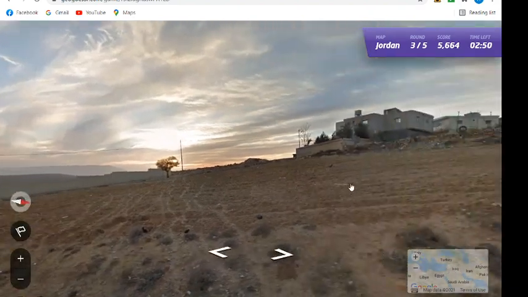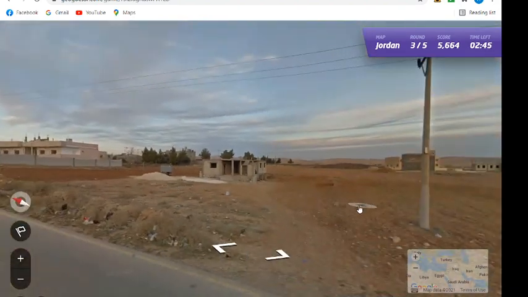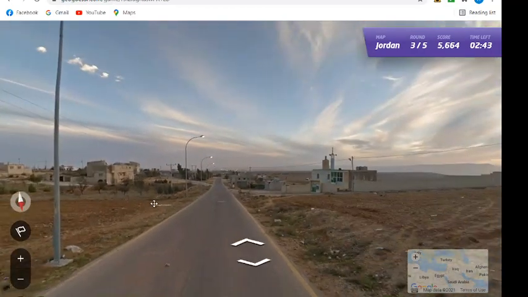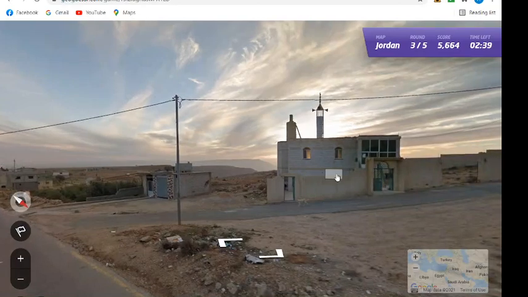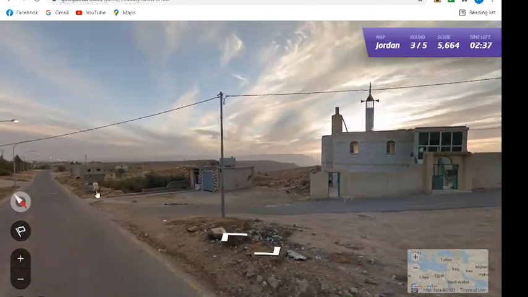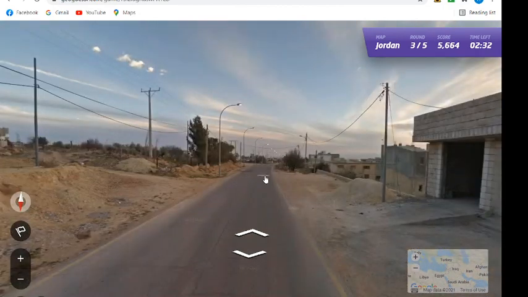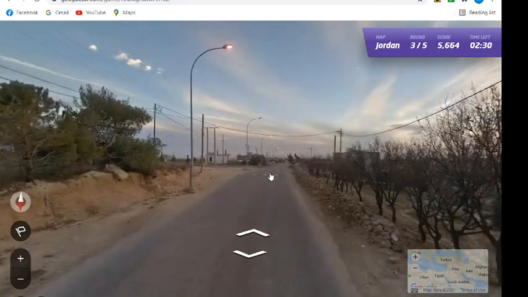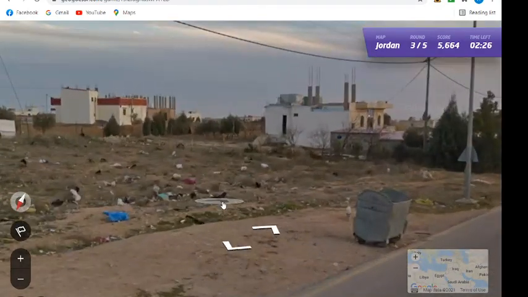Hmm. So it looks like there's more vegetation for Jordan, that is. Okay, yeah, I would guess that this is probably an area on the edge of Amman, and